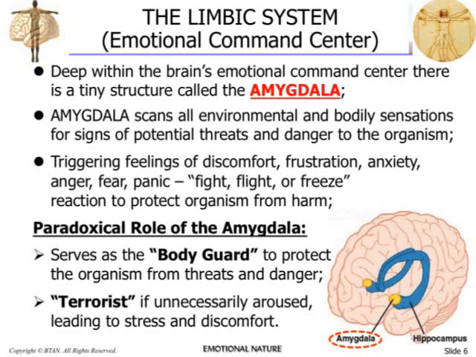Amygdala is responsible for a lot of things. Basically, the amygdala evolved to protect us from harm. So what it does is it scans environmental activities. Every time we see, hear, smell, taste, or touch something, that signal goes through the amygdala first before it gets processed by the thinking brain. So the amygdala is aroused by everything that we see, hear, smell, taste, and touch, all our sensory inputs. And it is sensing for any potential threat or potential harm to help save our life,